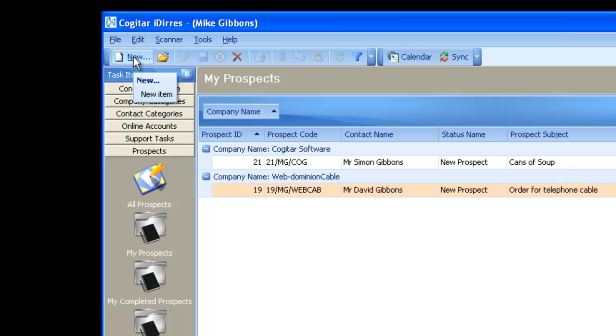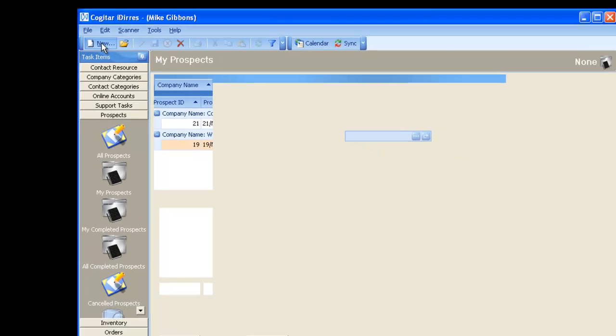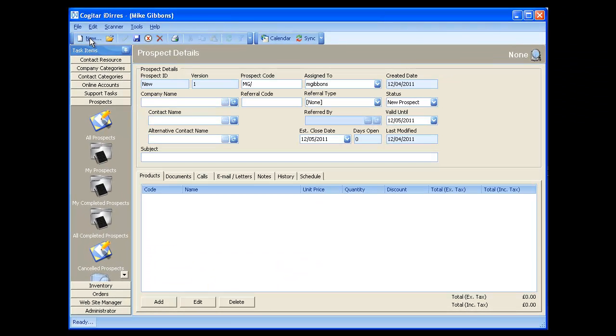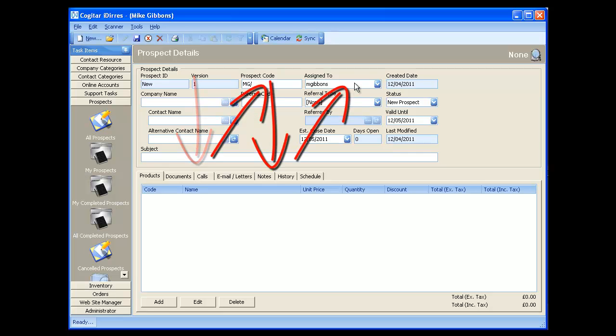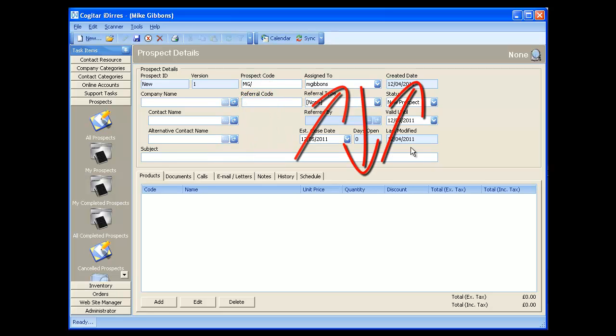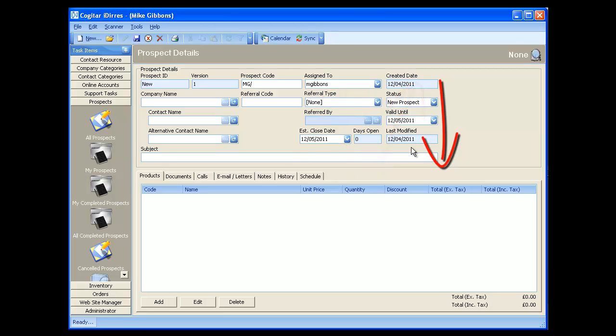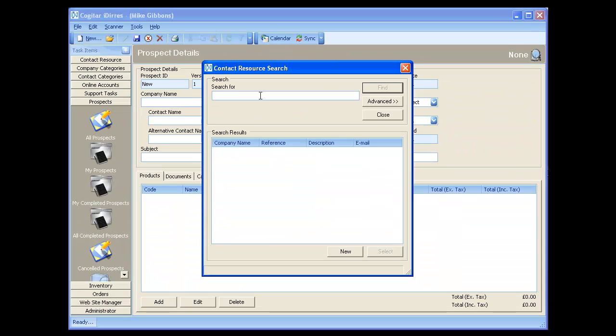then we go to new, as we did with all the other systems, and this will bring up a new blank prospects form. The way we work with prospects in iDirres is in a down, across and up, down, across and up, down, across and up, and down methodology. This is designed to make sure you fill all the right details in and make sure that you actually work efficiently through the form. So what we'll do first off is go to company name, so we put Covitar in,